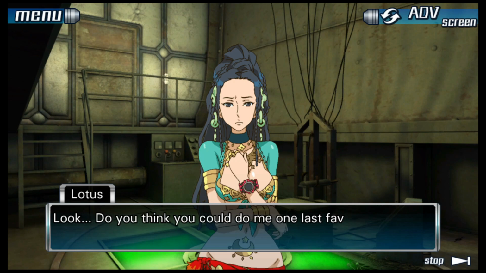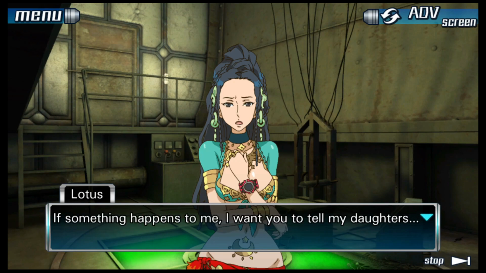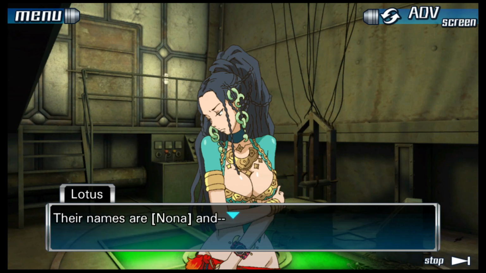Look, do you think you could do me one last favor? Don't say last. You're making me nervous. Just listen. If something happens to me, I want you to tell my daughters. Tell them that I loved them very much. Oh, Lotus? No. Tell them that I will always love them. Daughters? You've got kids? Yes, I do. I suppose they're about your age, Junpei. They're twins. I had them when I was young after... well, some things happened. Lotus, no. Their names are Nona and...